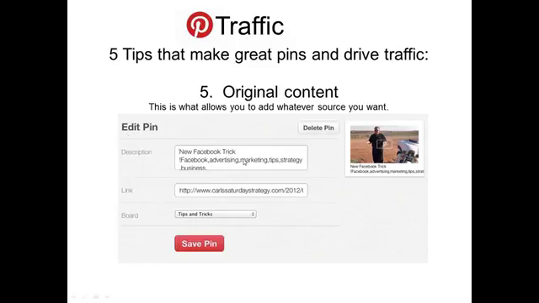And then the biggest thing that I can tell you is to try and put up as much original content as you can. You do want to help share other people's posts, because that's how they're going to follow you. People like to be recognized for the things that they do. But you having your own original content on here is really going to drive traffic as well, as long as it's good content, okay? So you're going to put your post in here, your description with your keywords, and then the link to your Saturday strategy, and then the board that you want it in, and push save,